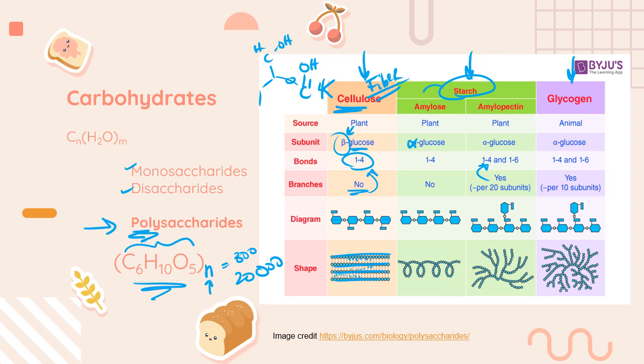Starch is actually composed of two different polysaccharides, amylose and amylopectin. Both of them formed by plants, both of them composed of alpha glucose. The difference is that amylose is a straight chain, and I know you might be thinking that's not straight, but by straight we mean it doesn't have any branches. So it does curl up into that helix shape, but it doesn't have any branches, unlike this guy that does branch, and it branches again, and it branches again. So amylose, no branching, is going to be a straight chain that turns into a curly Q, only 1,4 glycosidic bonds,